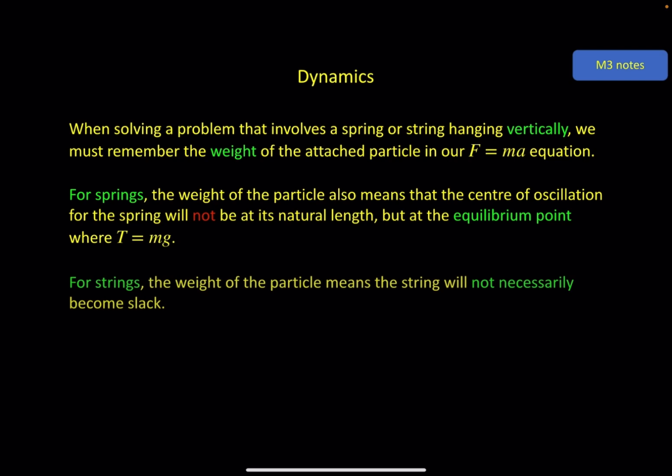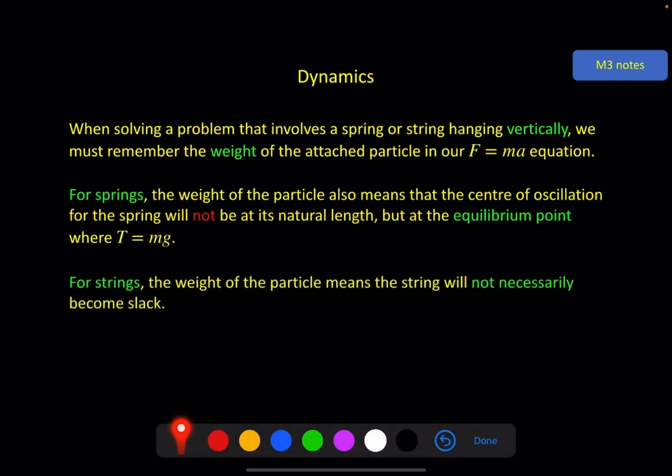For strings, the weight of the particle means the string will not necessarily become slack. In the horizontal motion, as it went from one side to the other side, there was always going to be a time of slack in the middle, where the particle was moving with constant speed. But for hanging vertically, the string will not necessarily become slack because it doesn't go on the other side of the fixed point. For example, if you've got a point here, and the string is hanging down and it's stretched down,